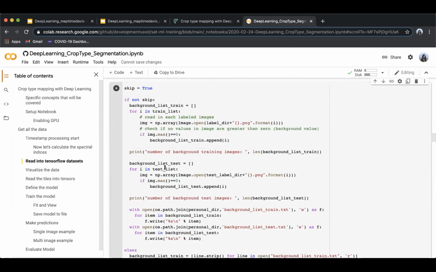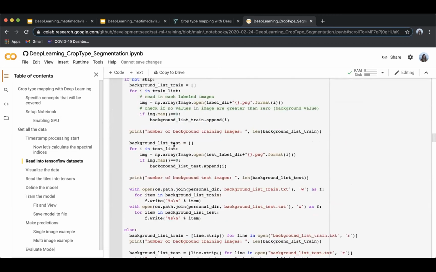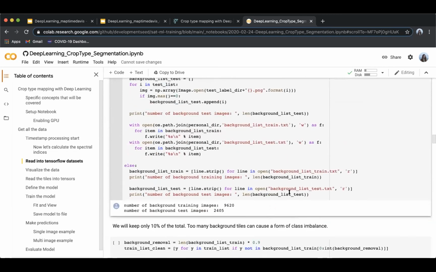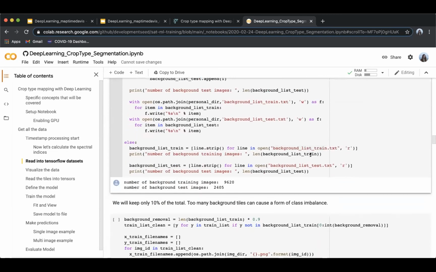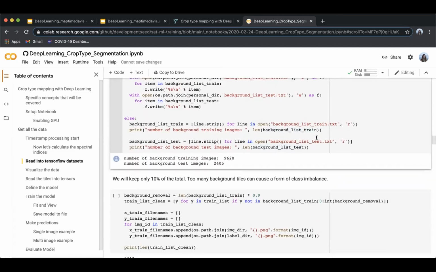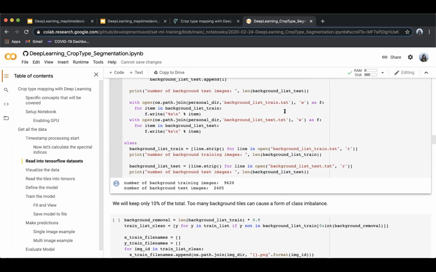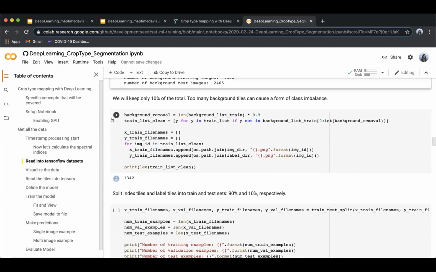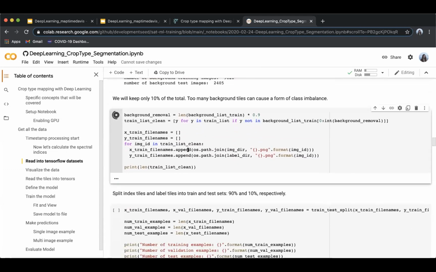This normally takes a really long time, because we're reading individual images. So for the sake of time, we've just recorded the specific file names associated with background classes to a text file that's also on Google Drive, and we're just going to read those from file, and do the removal process by backing out 90% of those background tiles. This is where we actually do the background removal. You'll see that the number of training examples reduces significantly from 10,000 to